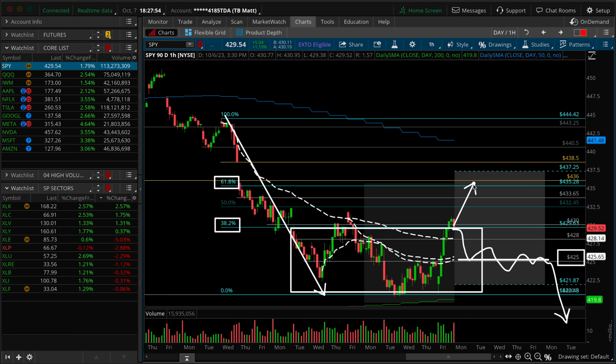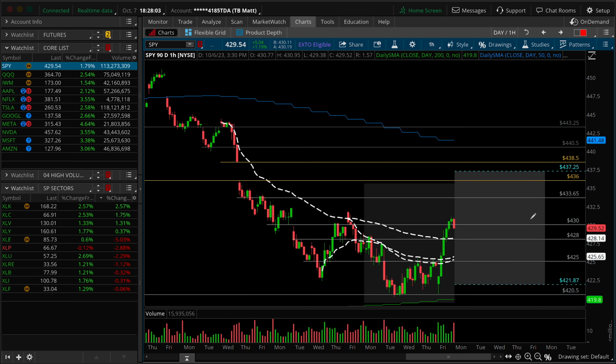61.8. Where is that offering confluence of resistance at this point in time? It's the bottom of the gap. Once again, think about a potential weekly lower high around that area. The last Fibonacci perspective, of course, with a breakout like Friday, let's go from the low up to the high,